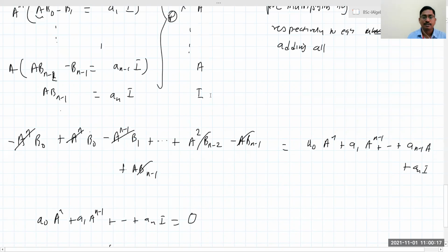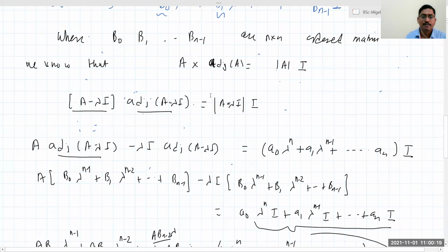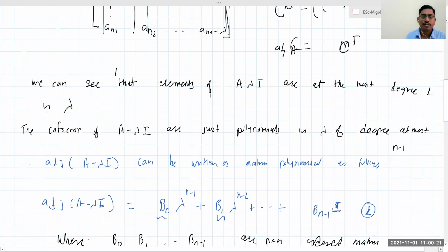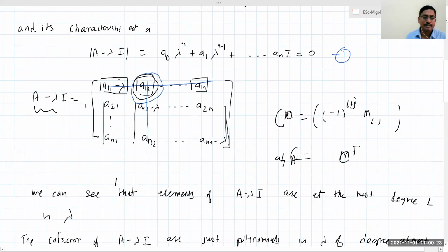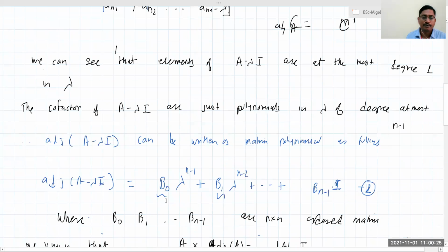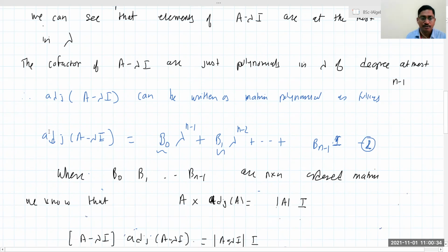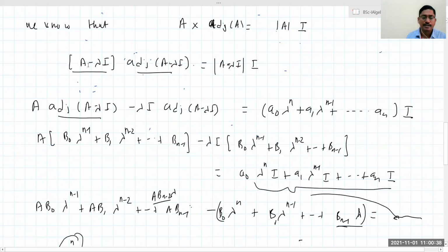How one can use it? It is just simple things. We have just simple observations in terms of minor and adjoint. We have to see that the adjoint matrix, each entry is a polynomial in lambda of utmost degree n minus 1. This statement is important. Assuming this adjoint is important here. And use the formula: matrix into its adjoint is determinant of that matrix into identity matrix.